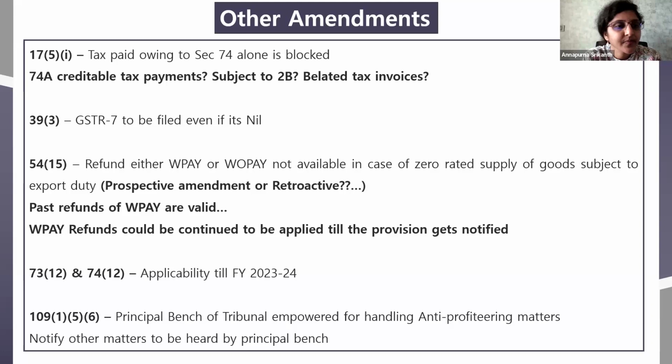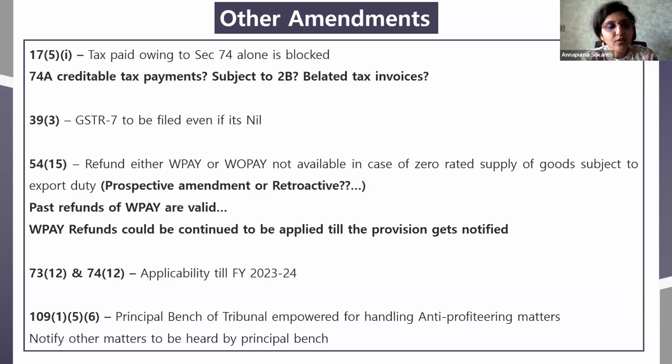Oh, so thank you. Next is GSTR 7. They made it so that even if it is a nil return, it has to be filed. So Venu sir, like we have in 3B, unless the previous return is filed, the subsequent return cannot be filed. So if they're intending that even a nil return has to be mandatorily filed, are they introducing this sequential test? Yeah, they would. Right now, as of now, no. Maybe I think in this month it would come.